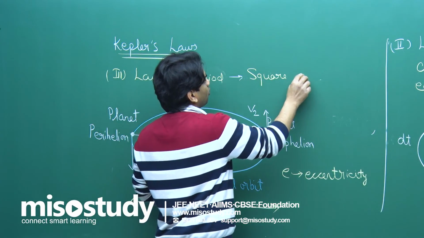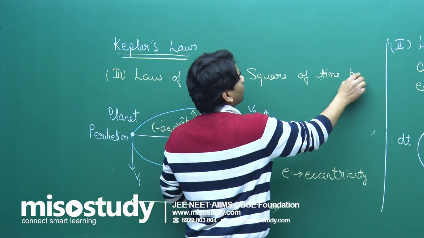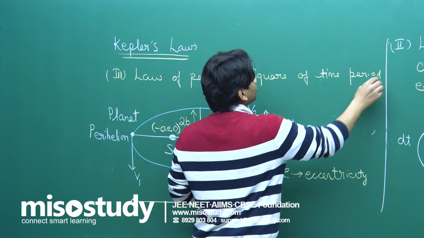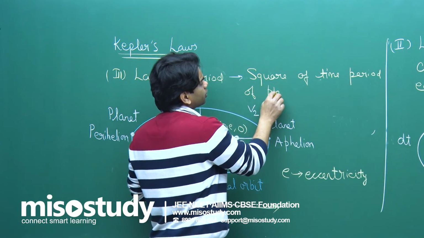I'm talking about the entire time taken to revolve all around the sun: square of time period of the planet's revolution